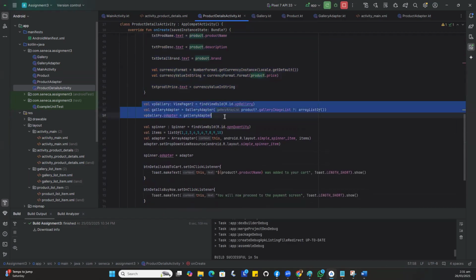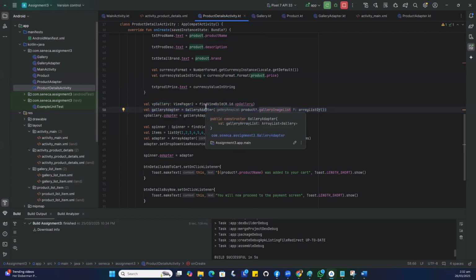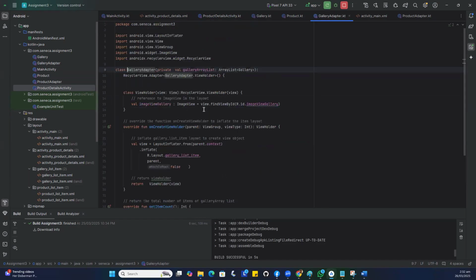After setting the string values, next step would be to bind the product images on the product details screen. So this line of code declares a variable called VP gallery of type view pager 2. Then it creates a variable called gallery adapter of type gallery adapter. So as I have mentioned earlier, gallery adapter is used to manage and display the product images using view pager 2. So if we go to the gallery adapter class,